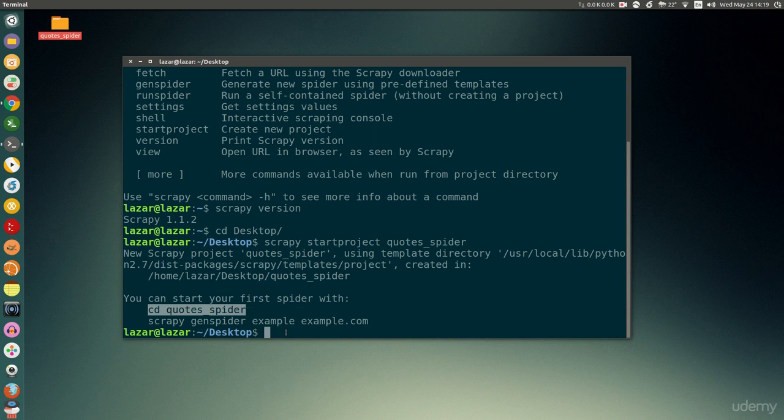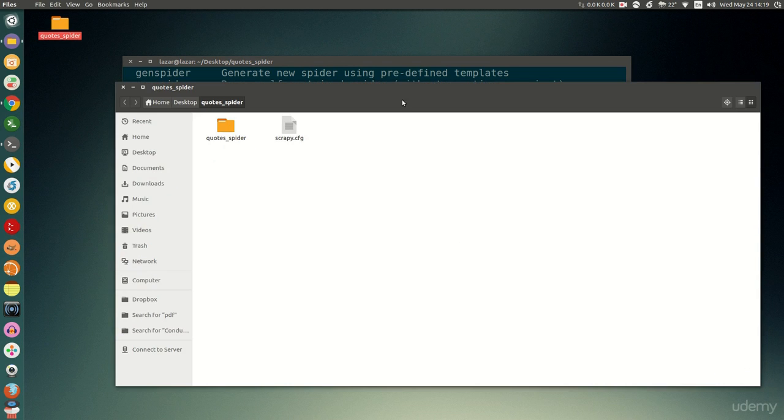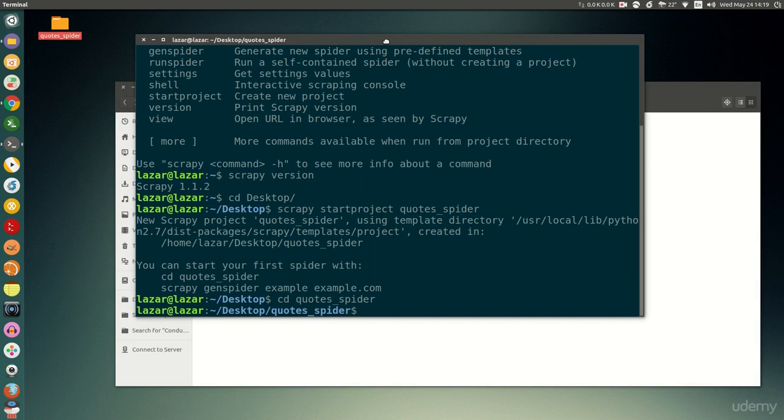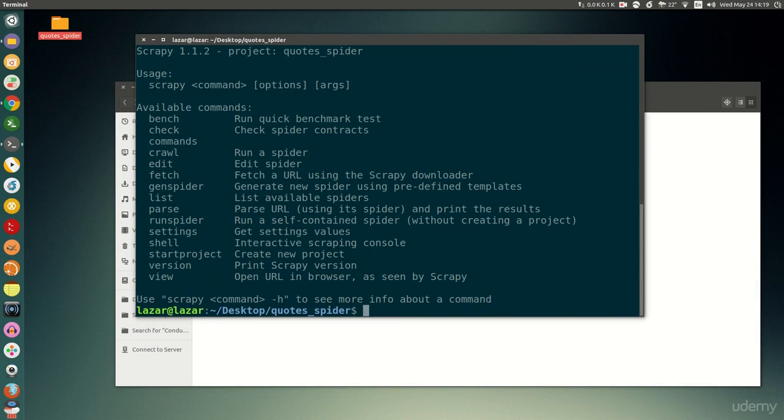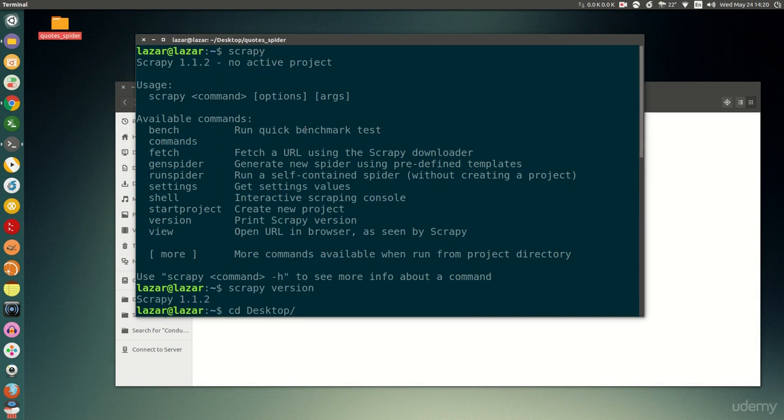If we copy and paste this command and hit enter, you will see that currently we are in the quotes spider. Going back to our terminal and typing in Scrapy, you will see that we get the active project is quotes spider, whereas previously we had no active projects.